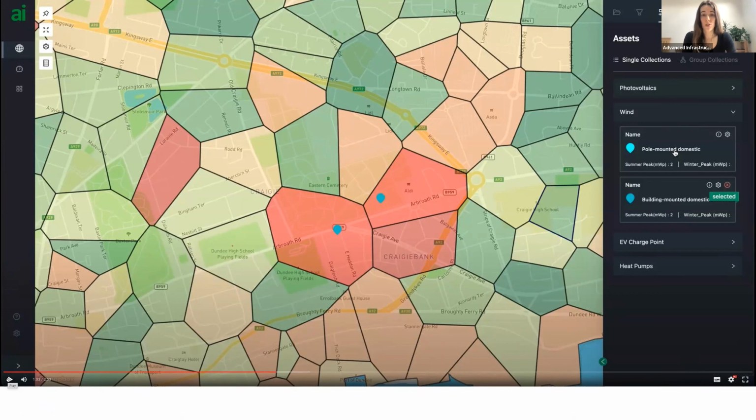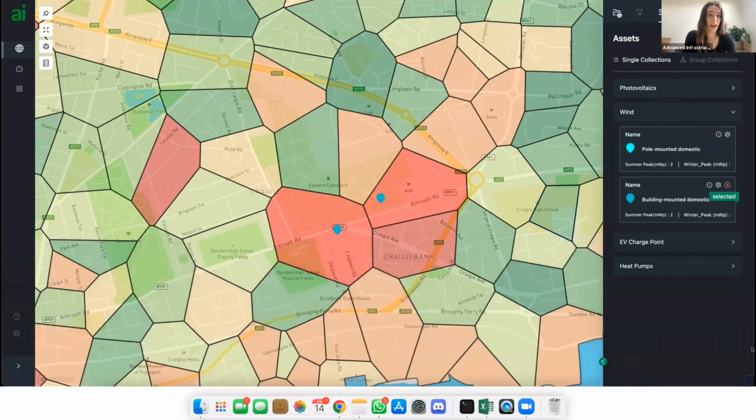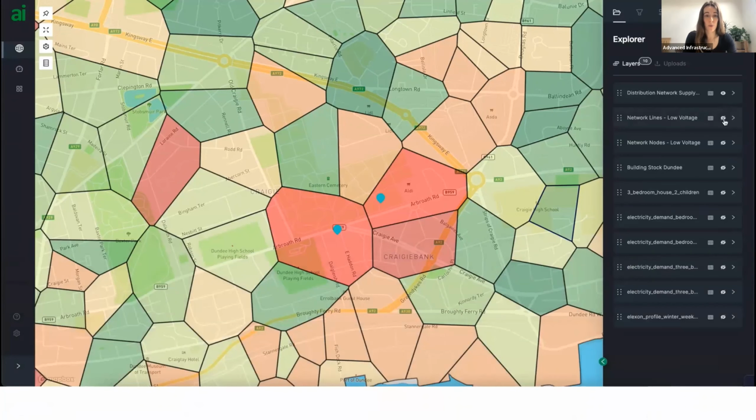Whereas a substation just to the north looks to have a much higher capacity available. This kind of data is really useful for triaging projects before a connection application is submitted, saving valuable time and money. We're working next to integrate LEAP Plus with powerful power flow modeling tools that model lower voltage network capacities